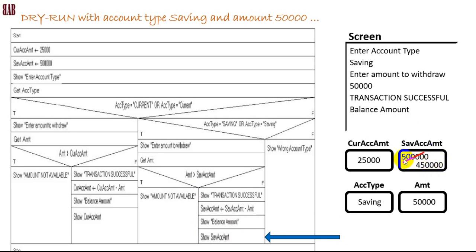Okay, this is no more. Only one value can be there in a variable. I'm reminding you again. So it contains currently 450,000. So when you say show savings account amount, it's going to display the 450,000 as the balance amount. And then after that line, come out to the next line, which happens to be the end. So you see, when you put savings also and go through, that is handled by this side. If you put current and go through, it will be handled by this side of the NS chart. Okay, right. So let's now